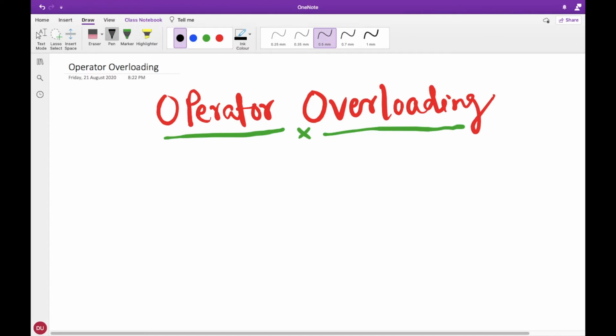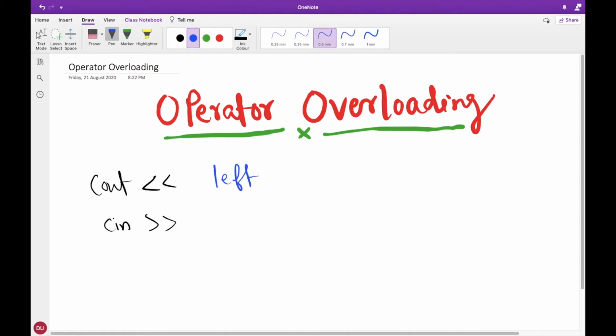You might know one example that you are already using, this kind of operator or this kind of operator. Where do you use them? You use this one in cout and this one in cin. What are the names of these operators? One name you might have learned in C is left shift operator.